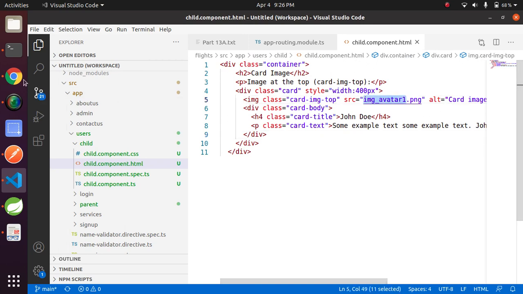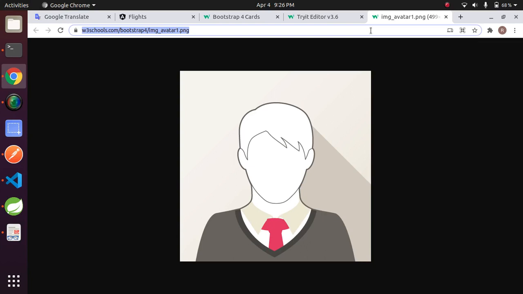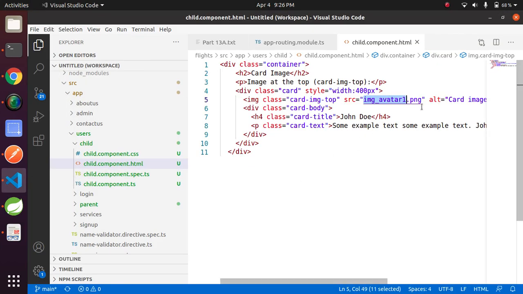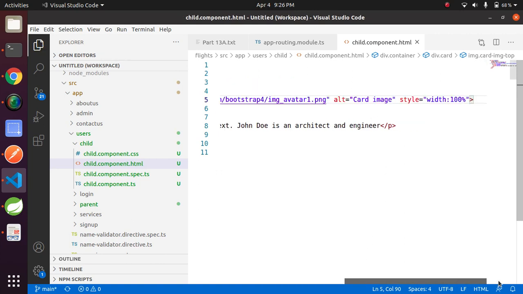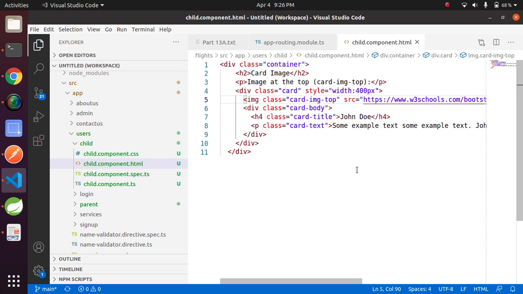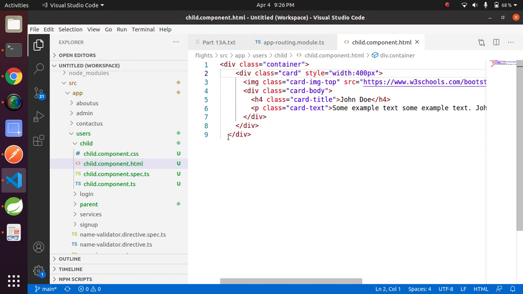For the image, let me take the direct link of this image. Let me remove this also. We just need to make it simpler. Now the card is ready. This is simple, only having two data, the title and the text.